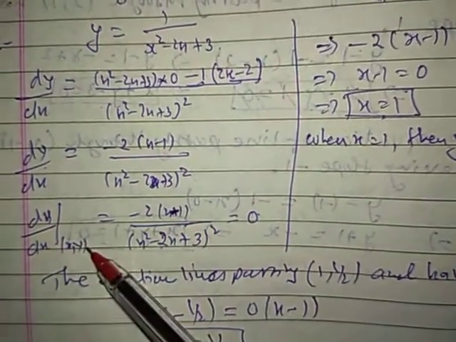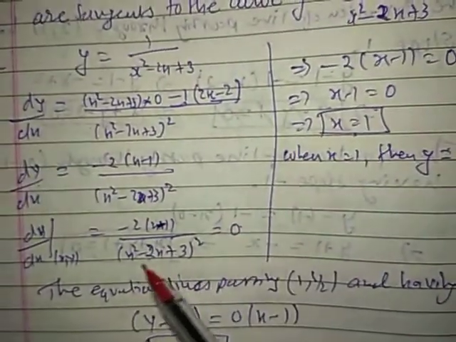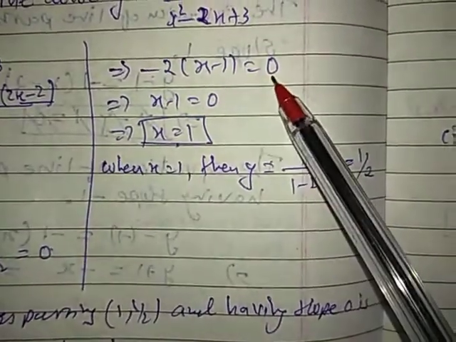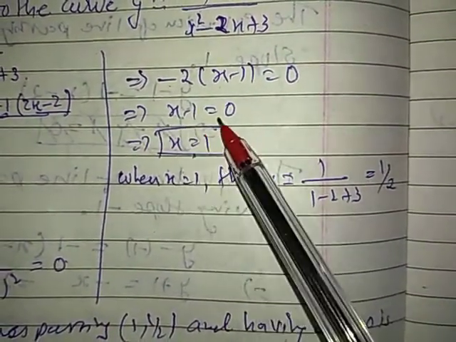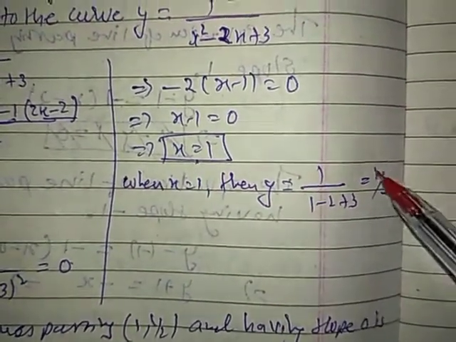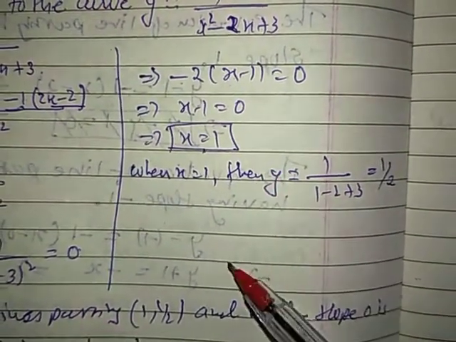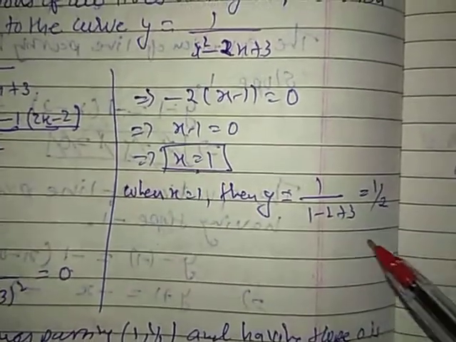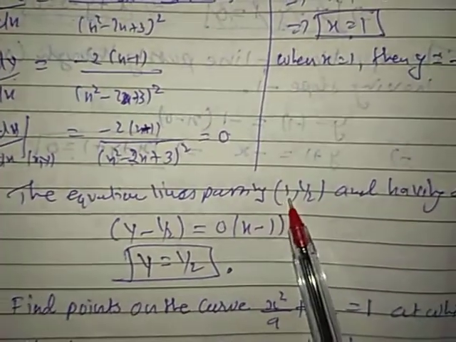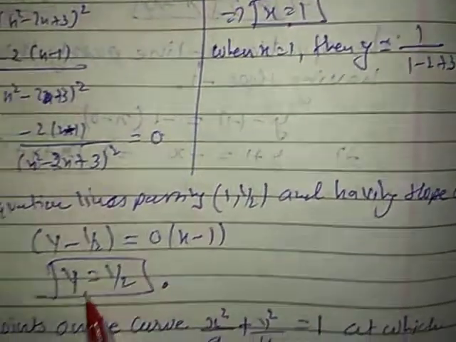Now dy by dx at point x and y equal to slope is 0, so that is equal to 0. So the numerator entire will become 0. So minus 2 into x minus 1 is equal to 0. So x minus 1 is equal to 0, x is equal to 1. When x is 1, y we can get half. So we got x and y, and also slope we know. So substituting in the equation y minus y1 is equal to m into x minus x1, we'll get the equation. So the equation of the line passing through 1, half and having a slope 0 is